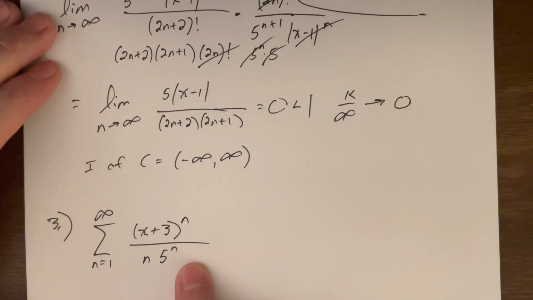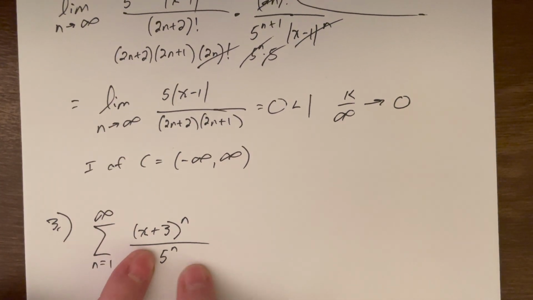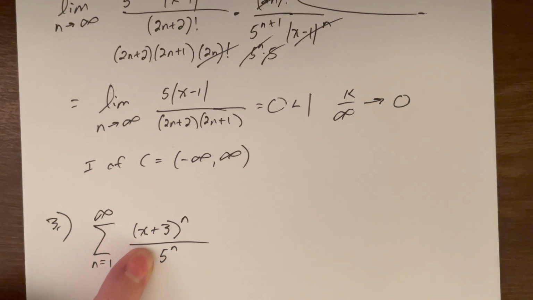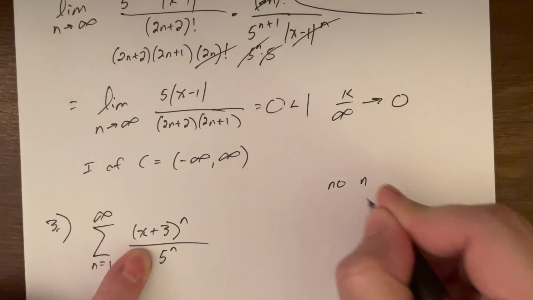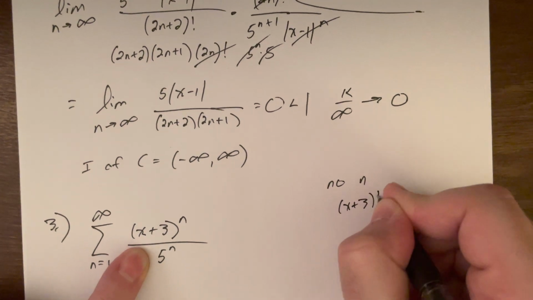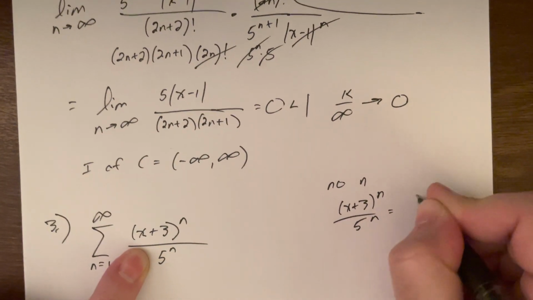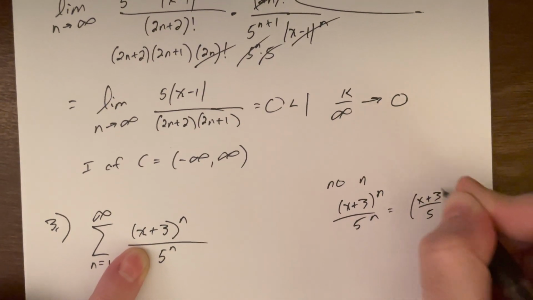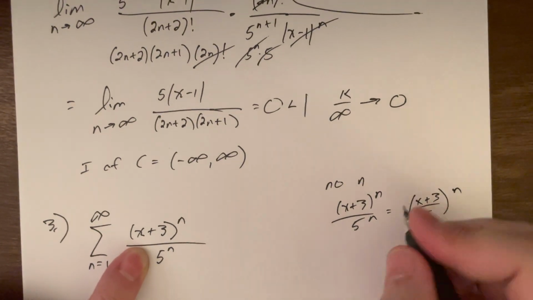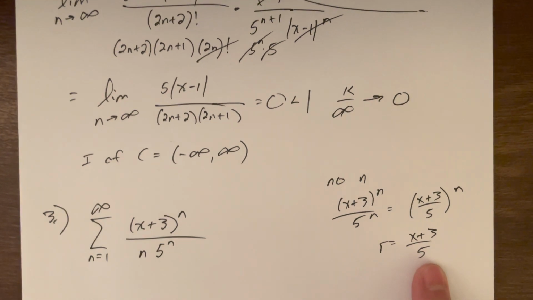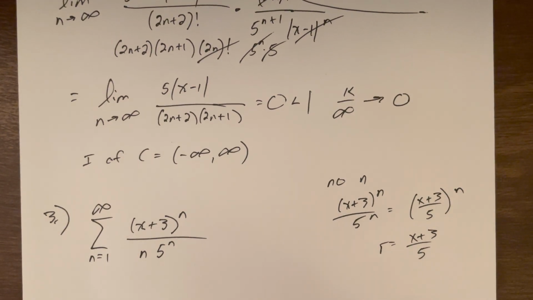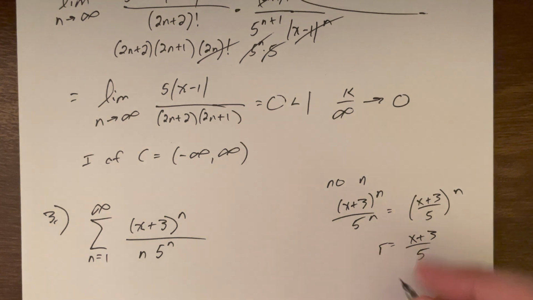So now what situation are we in? Well, if this n wasn't here, that's a geometric series. So just note, no n in the denominator. This is equivalent to this, and that would be a geometric series. So again, we're pointing out geometric series do come up. That was actually our very first example. And with a geometric series,